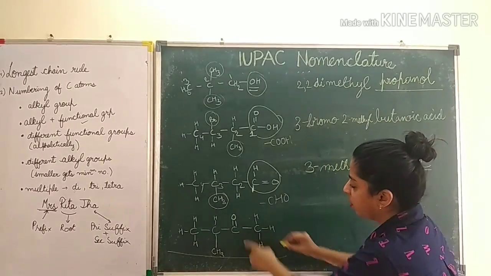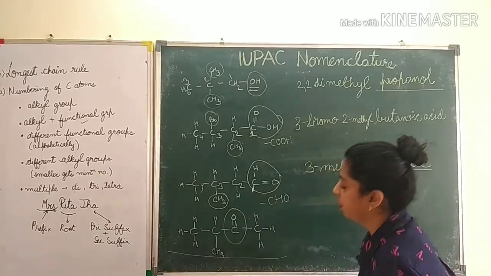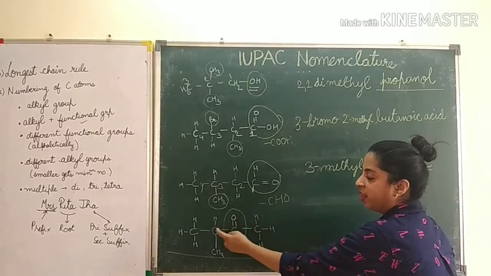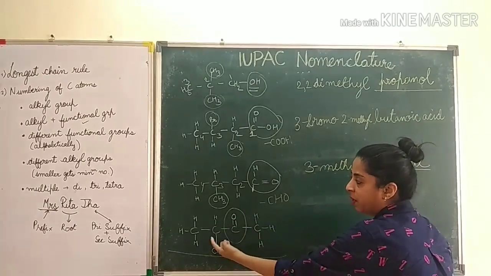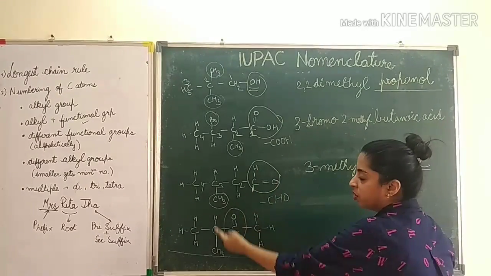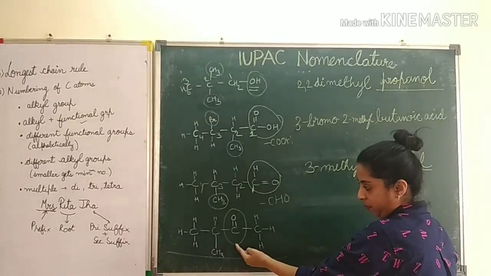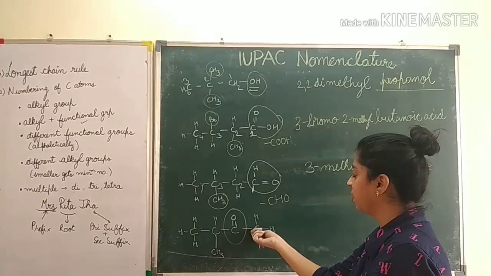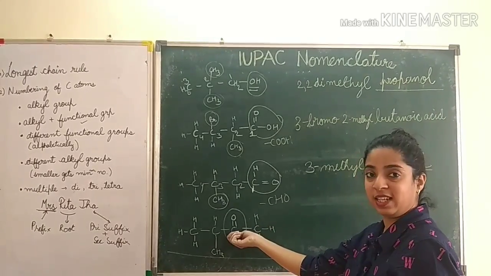Now look at this. Here you can identify this functional group. Okay, CO is in between. Here both sides are carbons. Here also there was CO but on one side there was hydrogen, right? So this is which group? Ketone group. Okay, so we will start numbering such that the ketone group gets the least possible number.